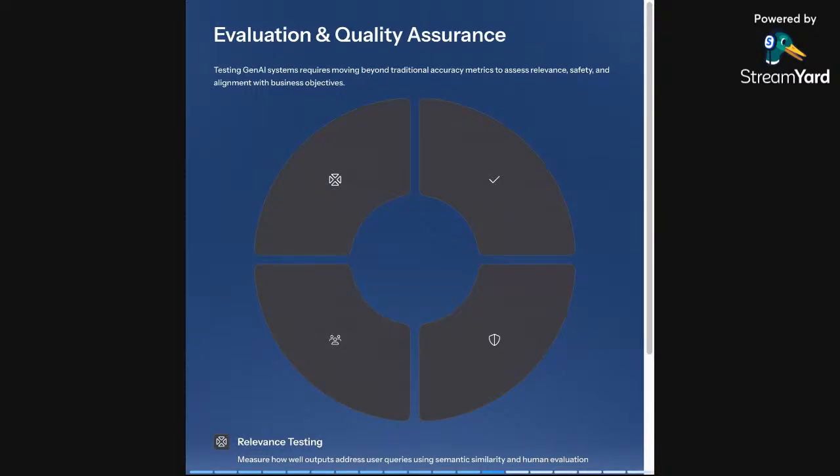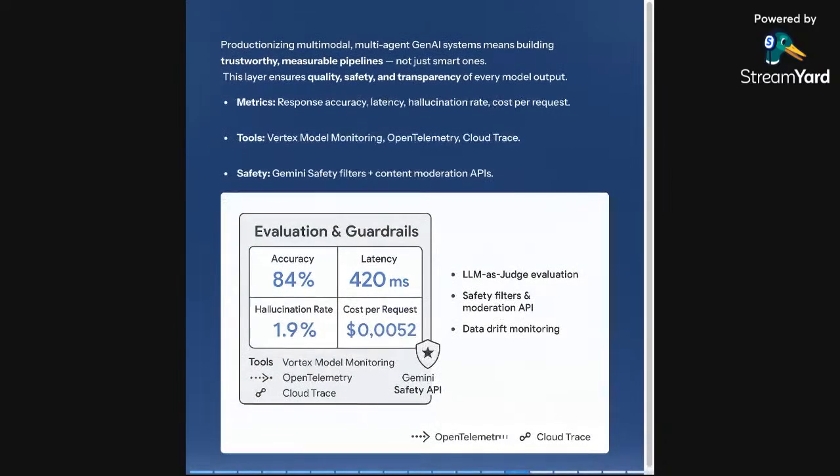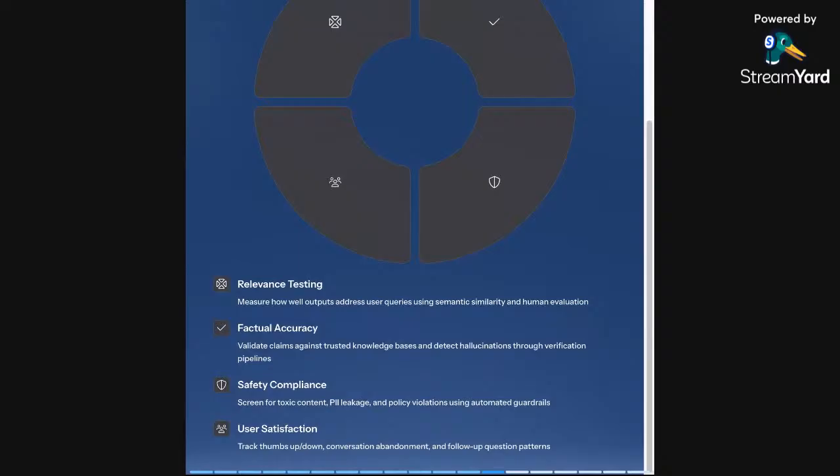So let's say if you want to test any gen AI system that requires any kind of metric to assess through different factors such as safety or alignment, through a particular business objective, then we want to consider different aspects of it. We can understand the user satisfaction. Let's say we have four different business objectives that we want to achieve. So